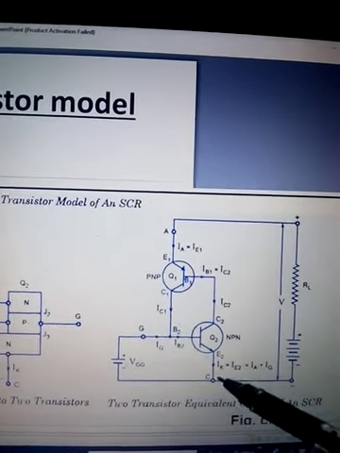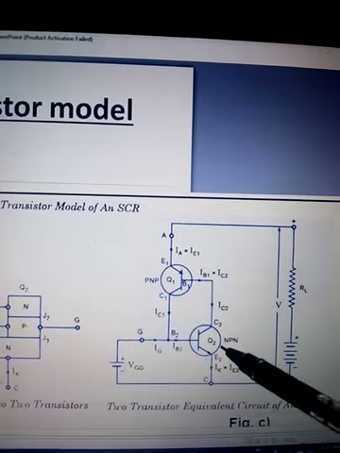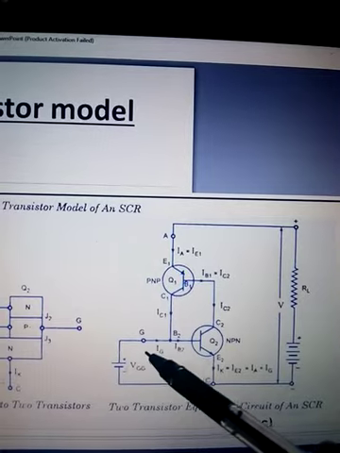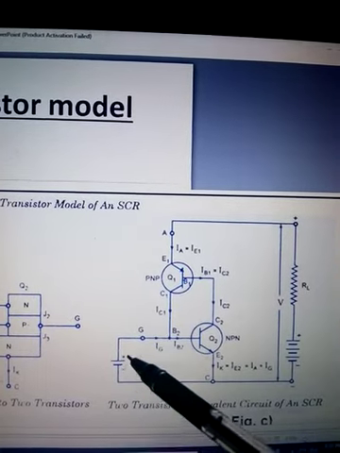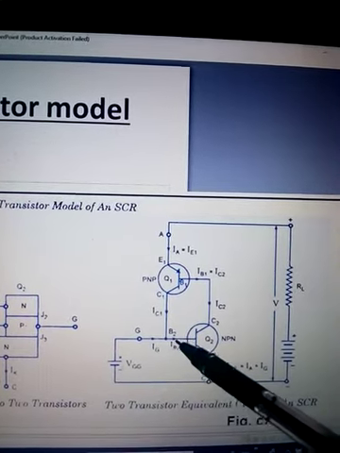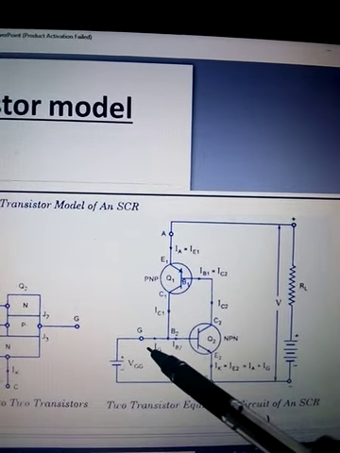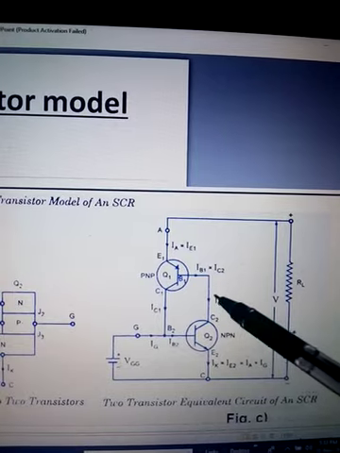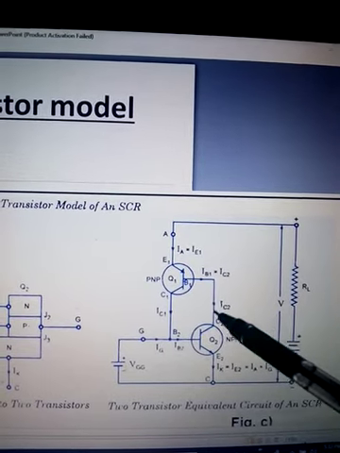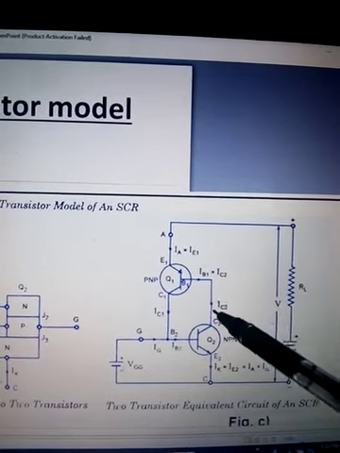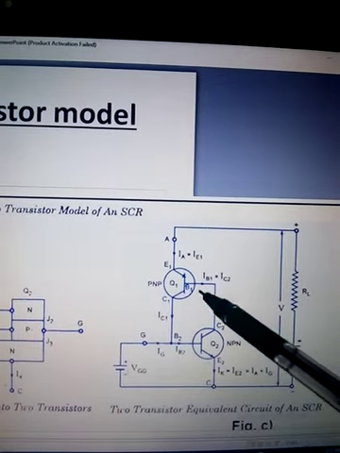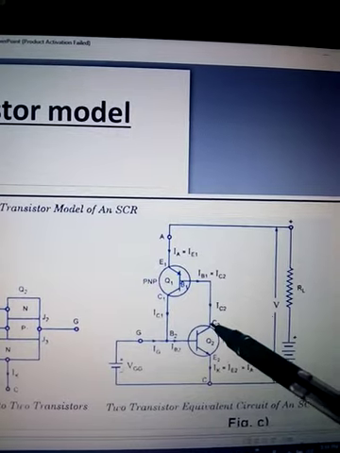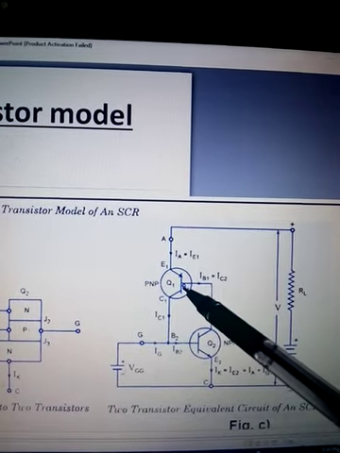So when the base current is applied here, this transistor's collector current will become 200 times the base current. You have given say 5 milliamperes. Now 200 times the 5 milliamperes will come here, and that is the base current to this. So this acts as base to this transistor.